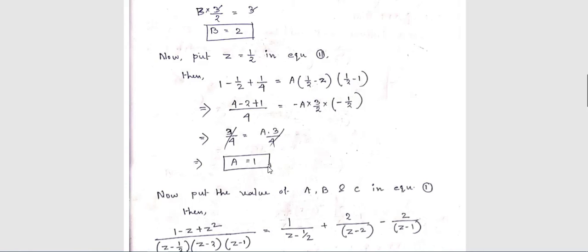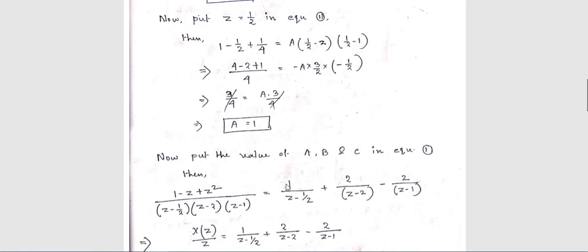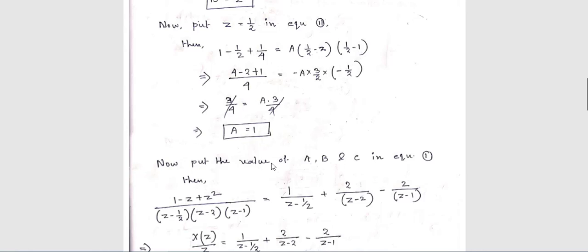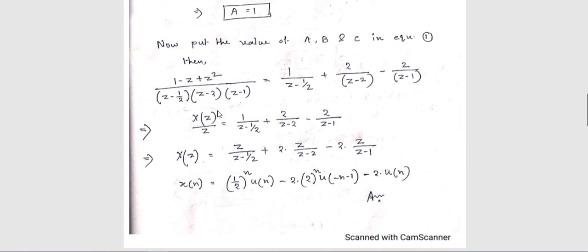This is not yet the procedure for the inverse z transform. Here you have to perform the inverse z transform using the partial fraction method. That means first you have to know the mathematical process to perform the partial fraction, that is what I am saying here. Okay. Now put the values of A, B, C in this expression. If you put the values of A, B, C in this expression, this expression will become like this. See, you can see.